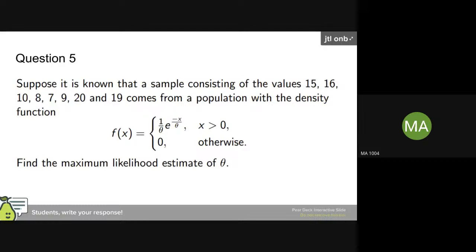Again, I need everyone to solve. Sir, what is d e power x dx? d e power x dx is e power x. But for e power ax, some constant multiplied by x, it is a function of a function. That constant will come out, so it will be a times e power ax.